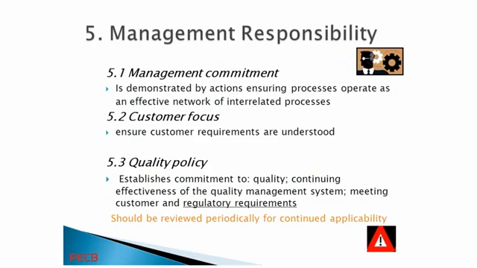And 5.3 is the quality policy, establish commitment to quality, continuing effectiveness of the quality management system, meeting customer and regulatory requirements. So if we conclude this slide, it is starting with the management commitment and with the customer focus and quality policy,